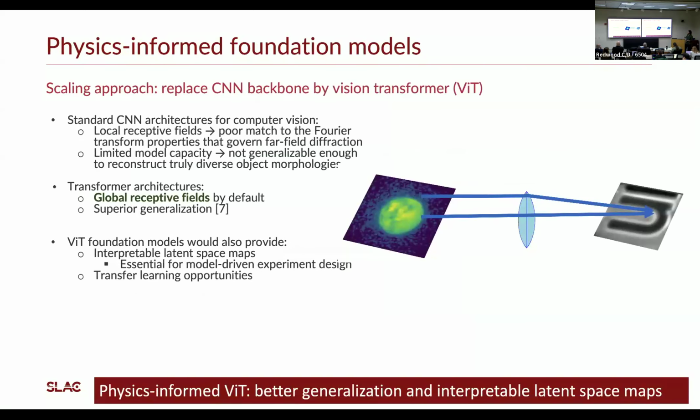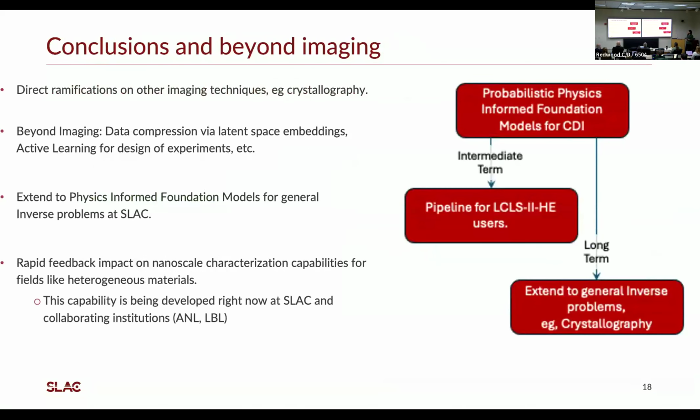And one physical motivation for that is that if you think about the physics of diffraction, each point in your real space image depends on every single point in k-space in the diffraction. And CNNs only have this local attention where they're looking at a small patch in the previous layer. That's not exactly what you want, but vision transformers do have this global attention property that might fit the problem better. So yeah, with that, I'll just wrap up and say